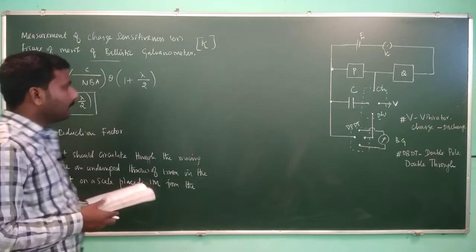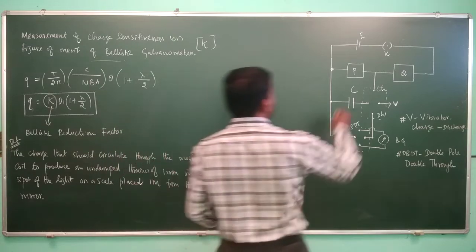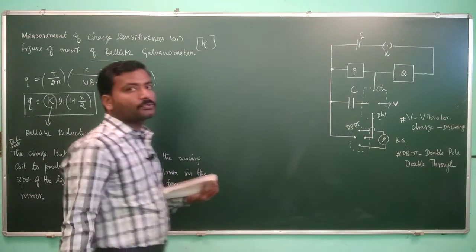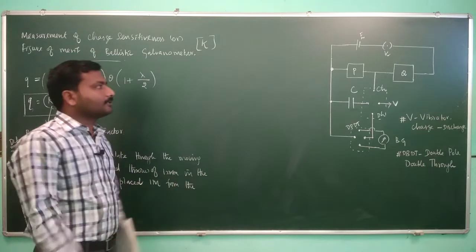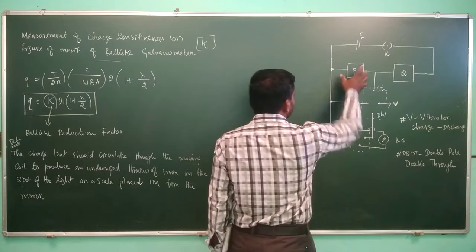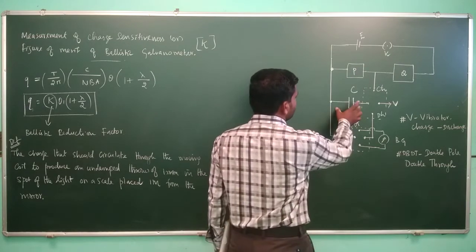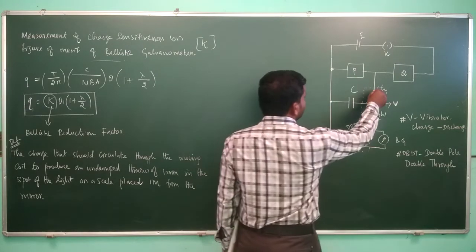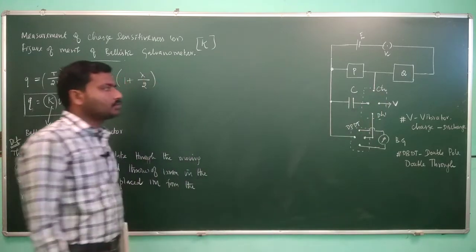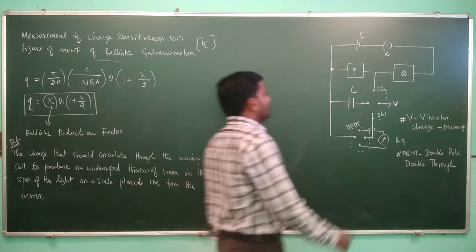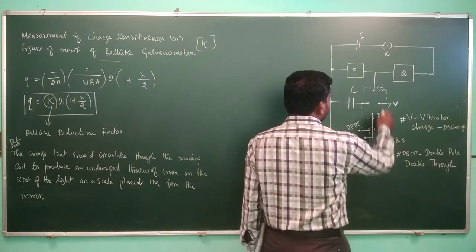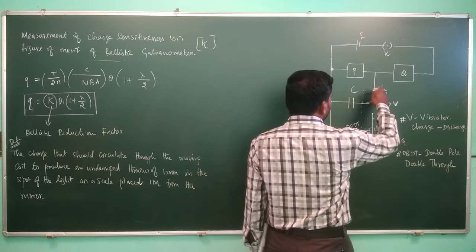So what actually happens is, initially we set the resistance at P to 1000 ohms and at Q to 9000 ohms, so that the summation of the resistance is 1000 plus 9000, 10,000 ohms. There will be a potential difference across the resistor P. That is used to charge the capacitor C when the charge key is connected to the capacitor line. Once it is fully charged, the charge in the capacitor is discharged through the ballistic galvanometer by changing the vibrator key from charge to discharge.